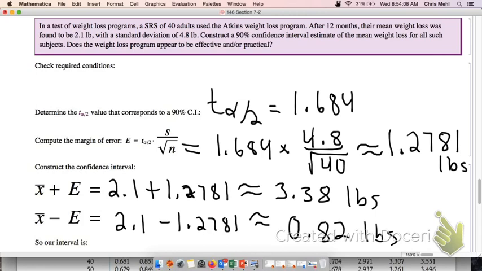Okay, so what we've done is, with 90% confidence, we've estimated that the mean weight loss for the population of all people using the Atkins weight loss program is between 0.82 pounds and 3.38 pounds. So the interval is,